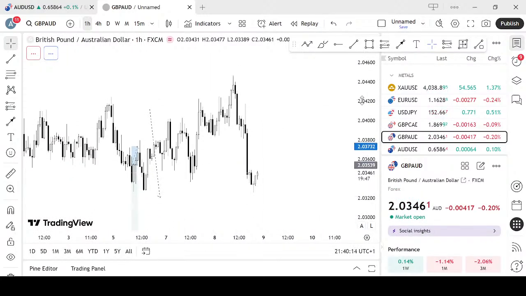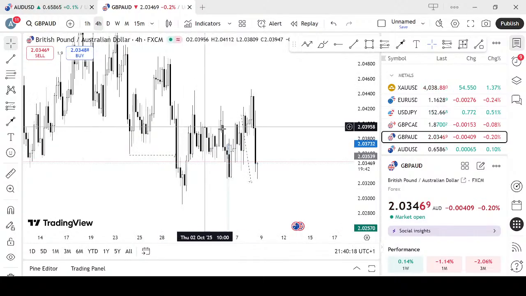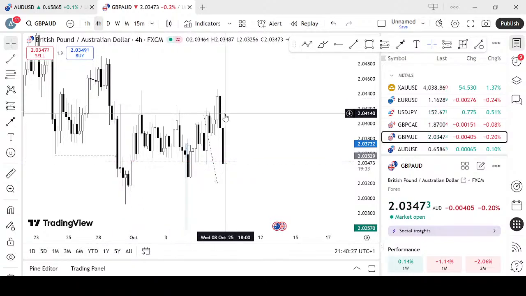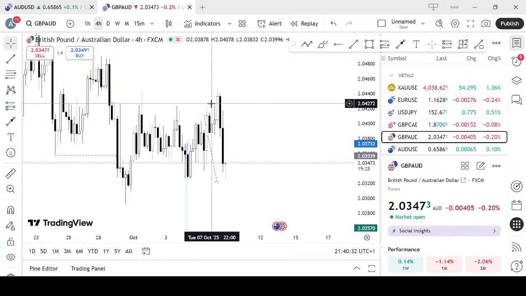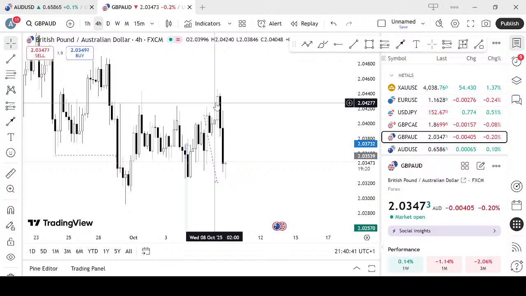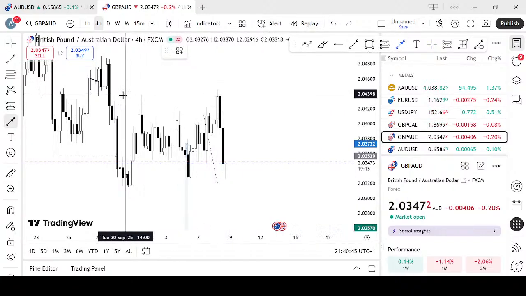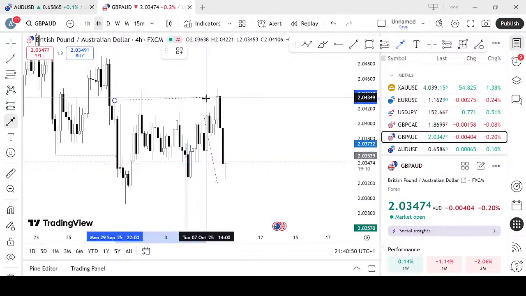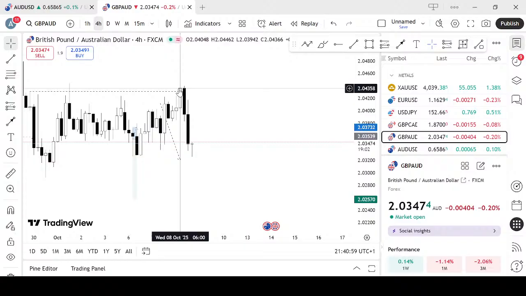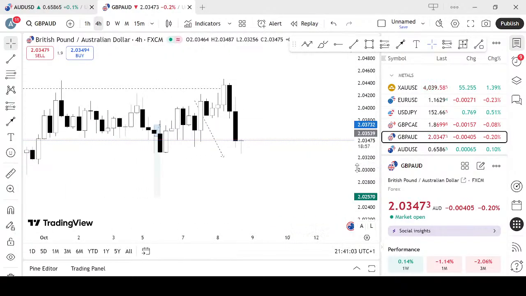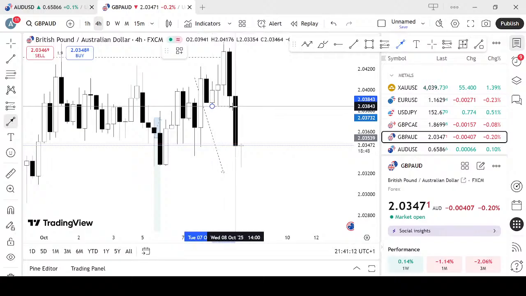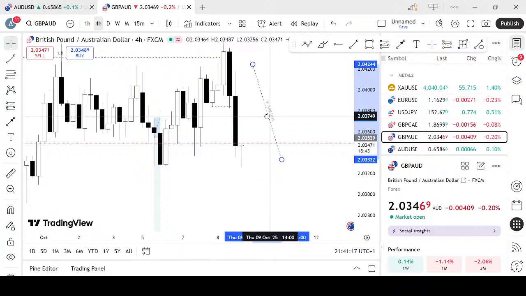On GBP/AUD, right from this moment here, price has closed above this high. I think that was in the morning. Price closed above this high right after the live session. So we broke bullish here, broke up to the upside somewhere around there. Then it came back again and took out this low right here that was responsible for the movement. The low was taken out by this candle. So there's another break right here. So now in general, I'm bearish on